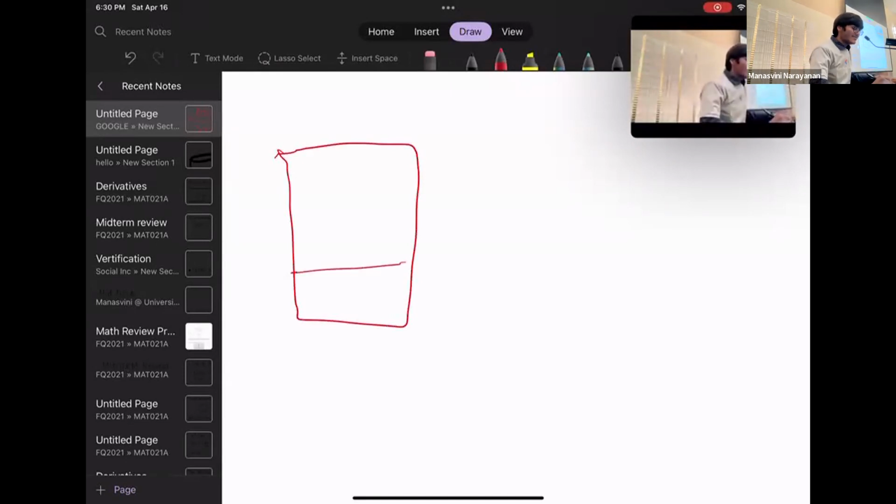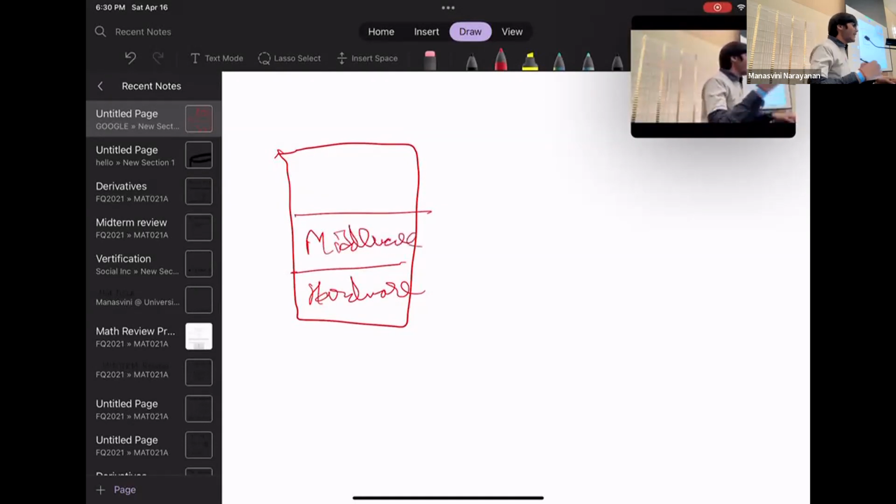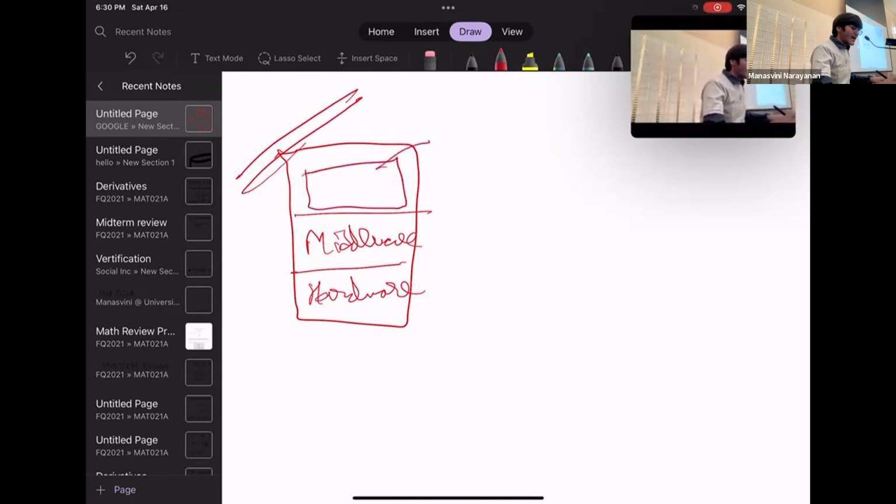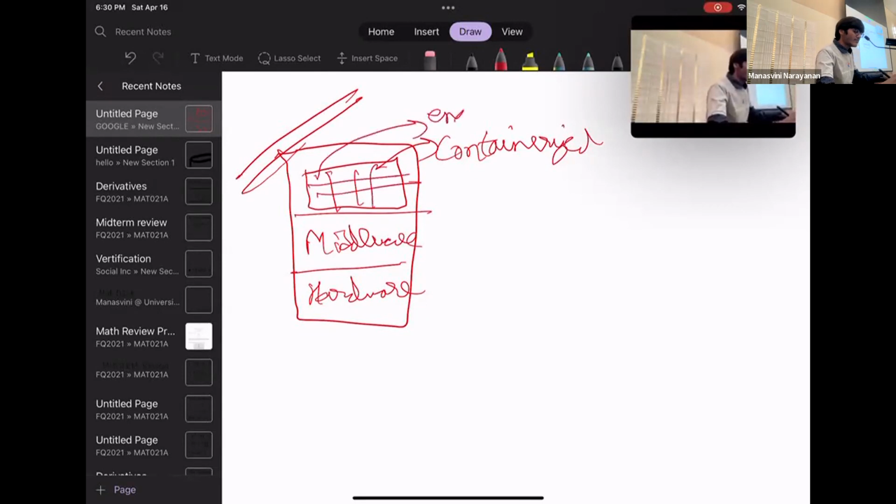Okay, so I have a stack over here. I am writing my hardware at the bottom, my middleware in the middle. Middleware is a software that bridges the gap between the operating system or a database and the application software. And I'm just assuming that I have a containerized abstraction on the top. Containerization is basically a form of virtualization where we use a single shared operating system to give isolated spaces to different applications. These isolated spaces are technically called enclaves. So this is enclave 1, 2, 3, and so on.